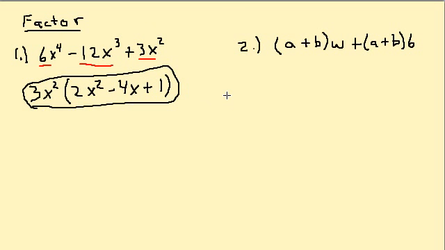Now let's take a look at another one. Here we have a common binomial factor. A binomial has two terms. So you can see here I have a plus b, and here I have a plus b. Those are my common binomial factors, the a plus b. So if I pull out an a plus b,